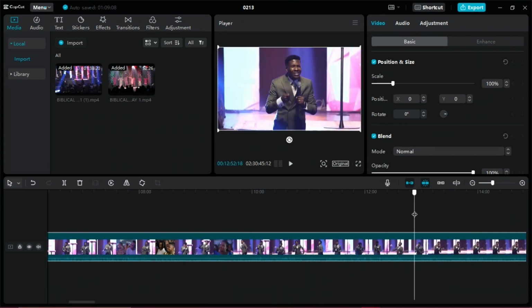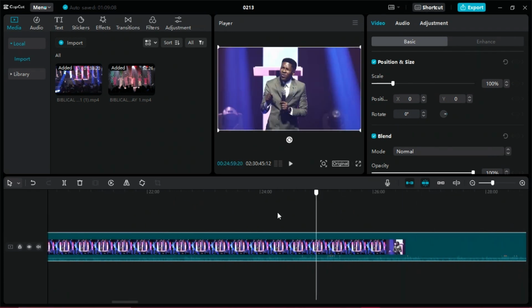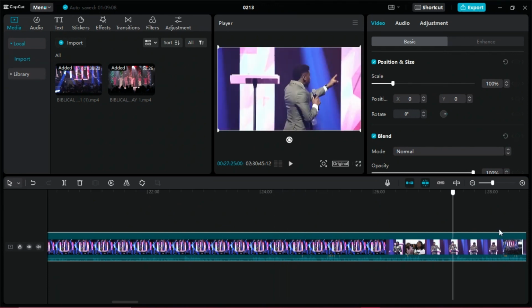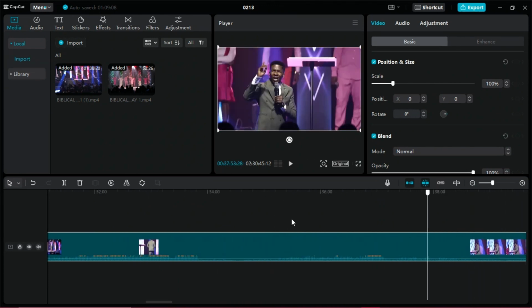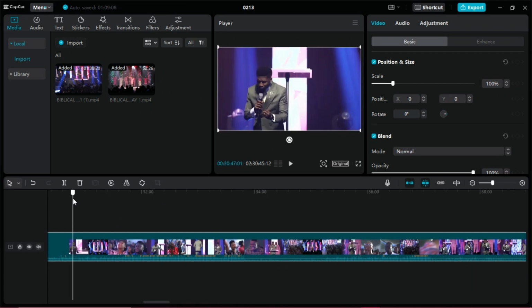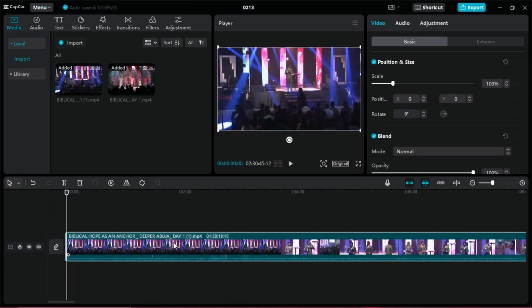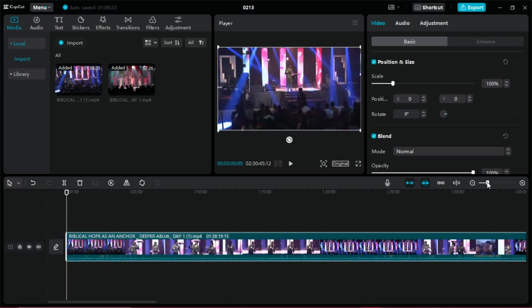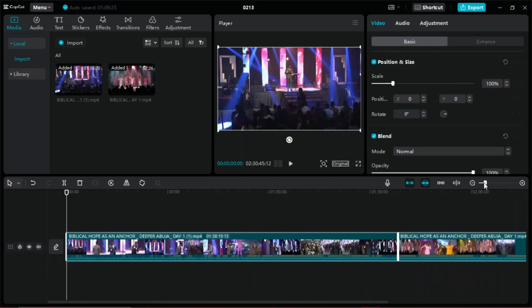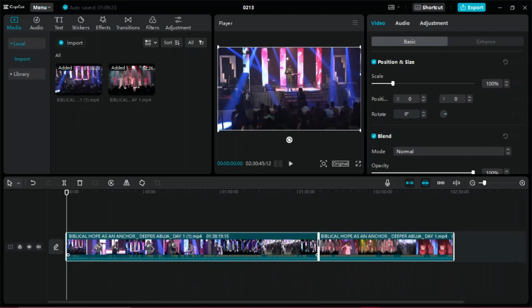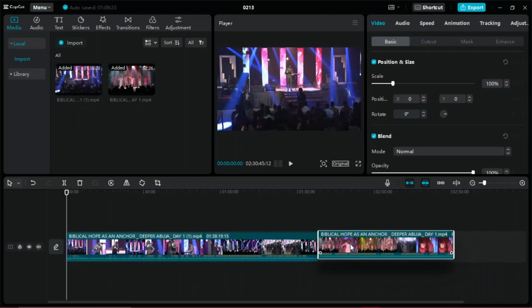So yeah, I call this a finder. I do not know what the name is, but this will help you easily locate any clip you're looking for. So now, for me, I do not like stretching it out as much. I just like seeing where the videos are meeting, and these are where the two videos are meeting here. So now that that's done, we are going to go to